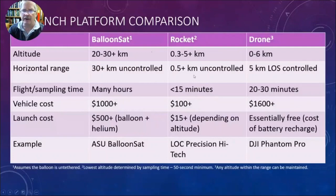Now, normally rockets don't drift as far as balloons do, although if you launch one up to 5 kilometers and you have a parachute up there with no drogue, it can still drift quite a bit. But here we're looking at a sampling time usually between 1 minute and 15 minutes. We could go higher, and we'll look at some of the options for that a little bit later in the talk here. But the initial outlay here is